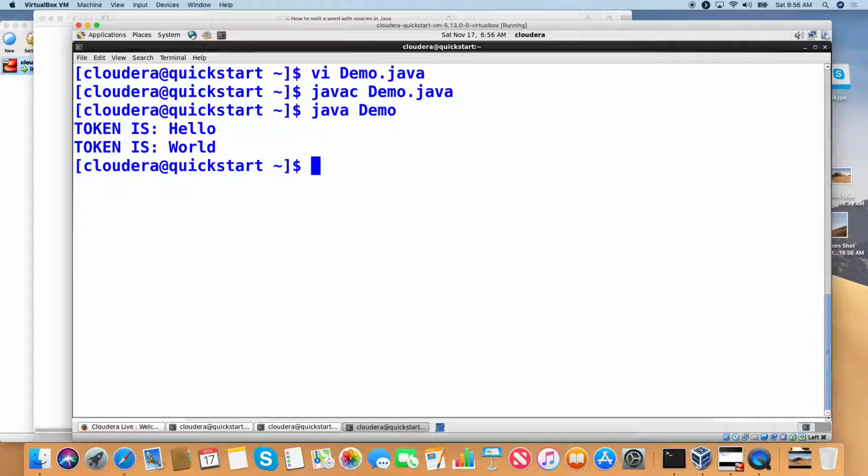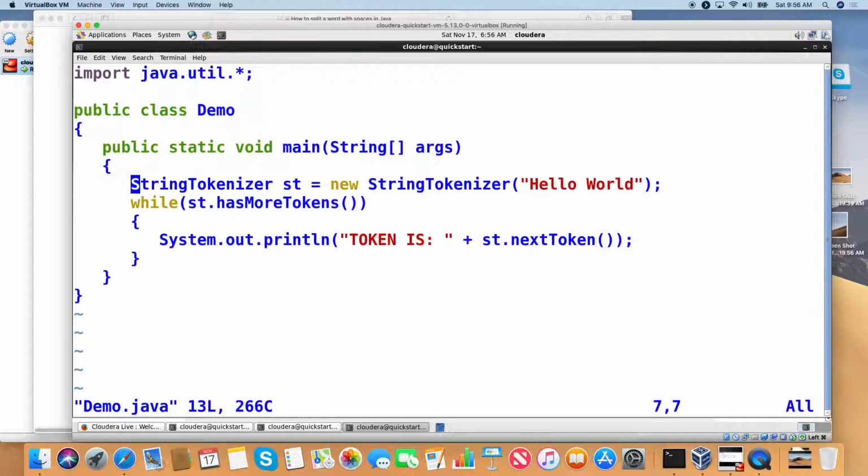Now come back to our program. Now what is the next question? No, default is space. Okay, very good. You got it now. Now let's assume that I have got